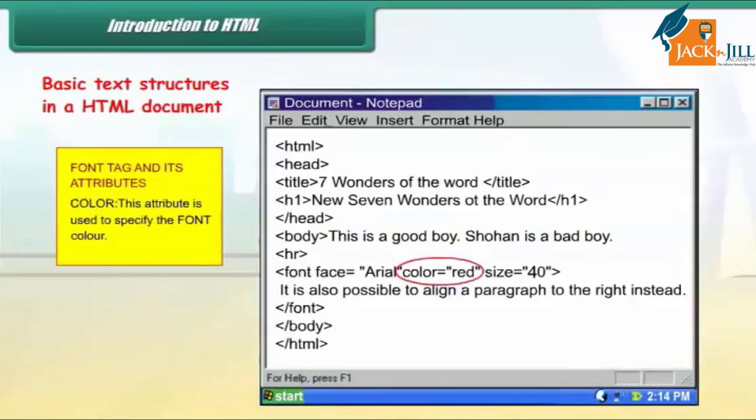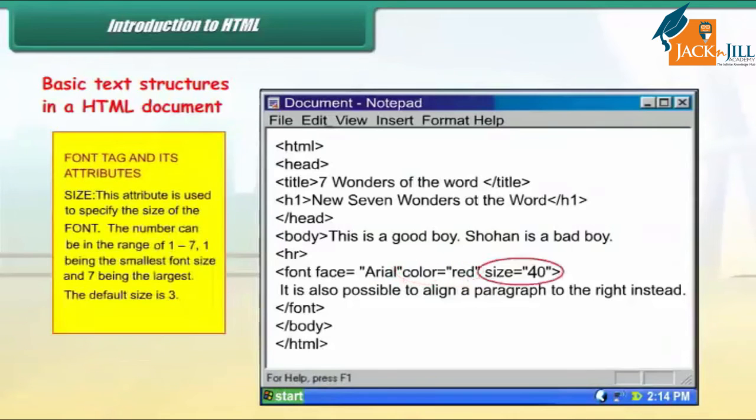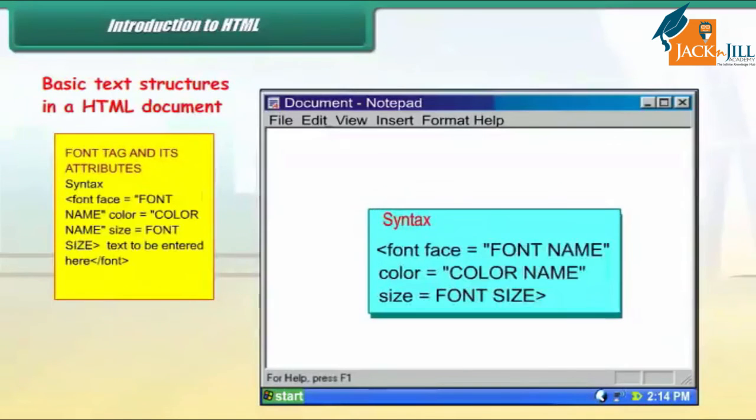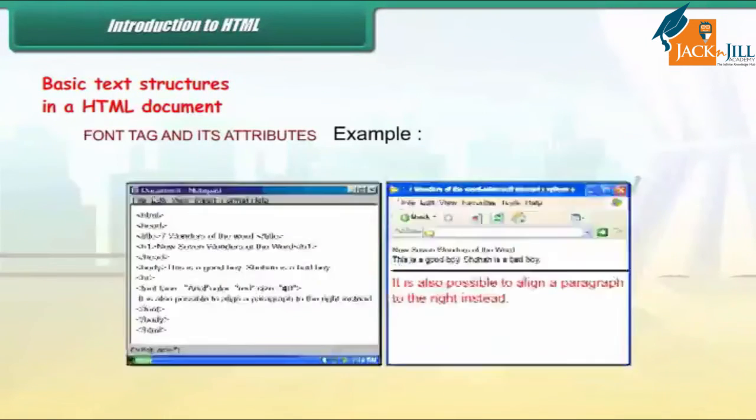This attribute is used to specify the font color. Size. This attribute is used to specify the size of the font. The number can be in the range of 1 to 7, 1 being the smallest font size and 7 being the largest. The default size is 3. Syntax. Example: